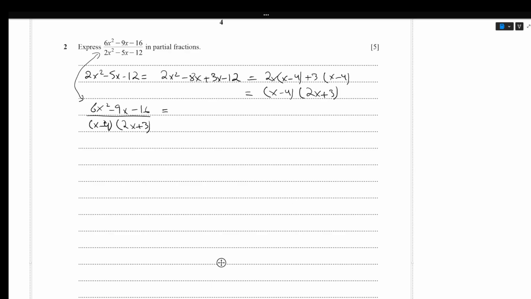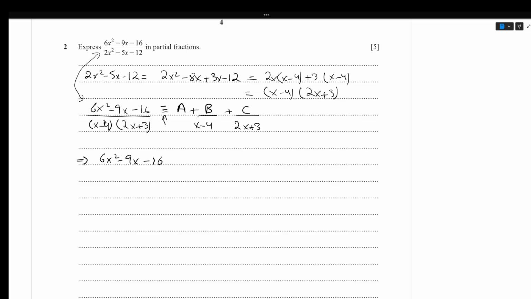So in the partial fractions we do something like this: a plus b plus c, and b has a linear factor below it and c has its other linear factor. And this is identical to this. Basically what identicality means is that it will be true for all the values of x, which implies that 6x square